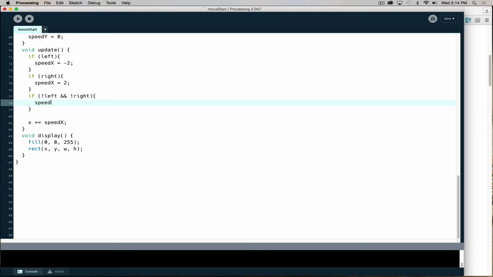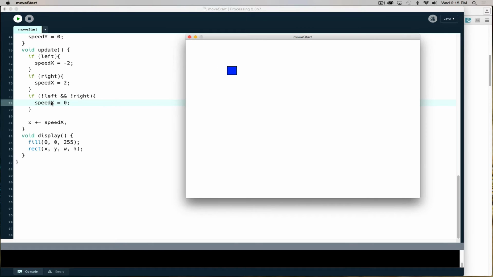And now I can say speed x is equal to 0. Now if I run my project here, if I hold the button, let go, it stops. Hold the button, let go, it stops. So now we can see